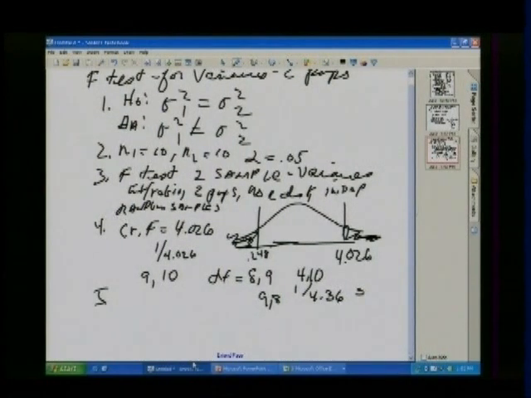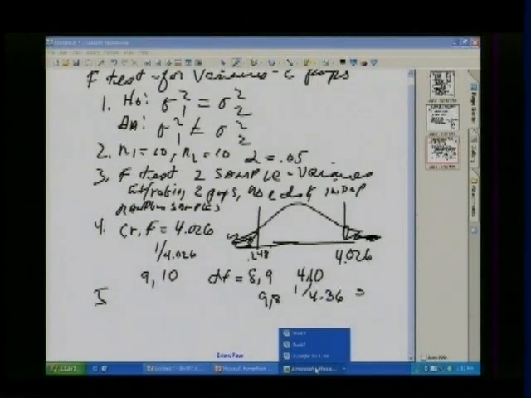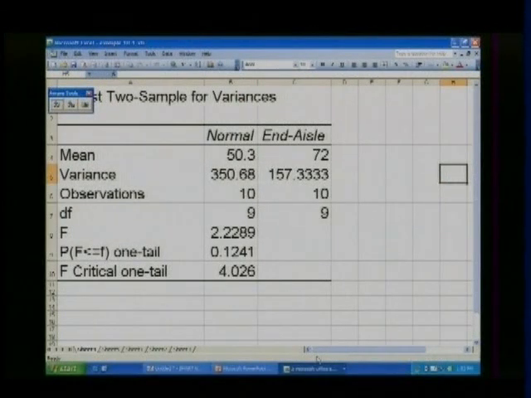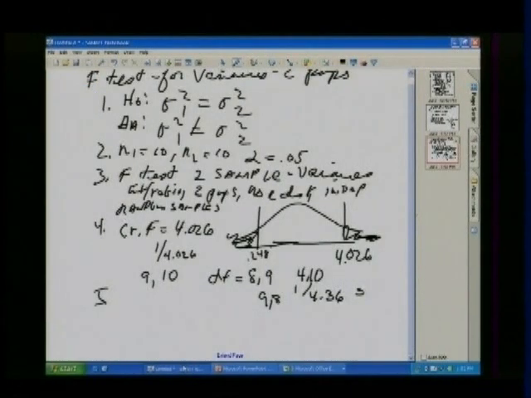Step 5 is where I find the value for F. So all I've got to do here, I don't need to calculate anything, just go to my printout and see what it said. Okay, my calculated value of F is 2.229. So we'll put that on a diagram then. F equals 2.229. That's the calculated value of F. So if I go to my diagram, 2.229, it's going to be in the middle. And therefore, in step 6, my decision is going to be, since it's not out in the tails, I'm going to fail to reject